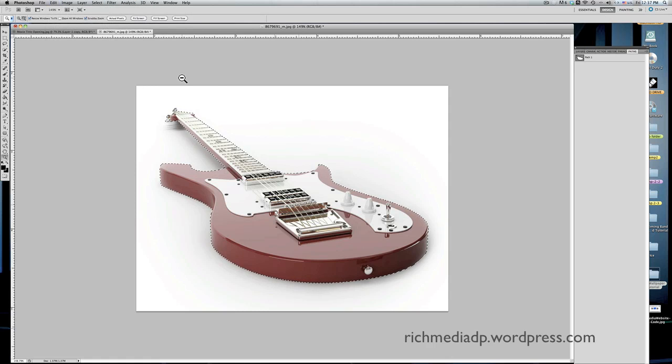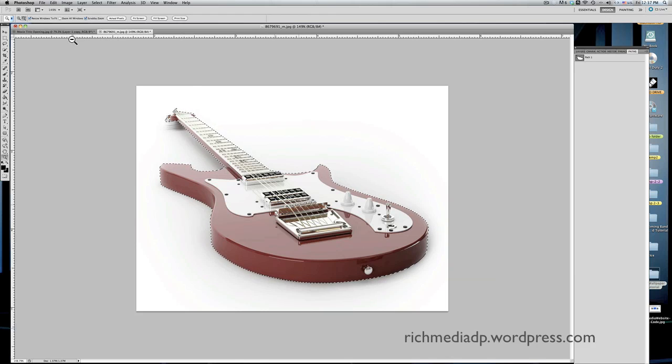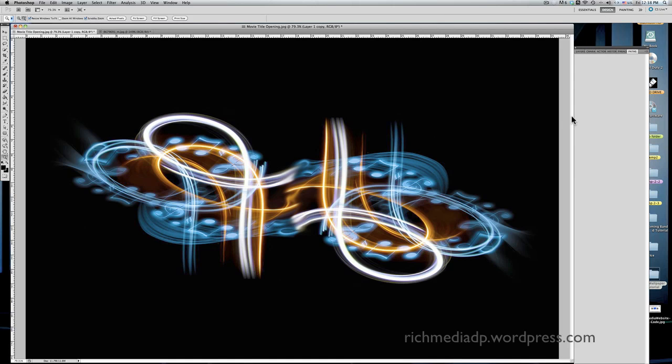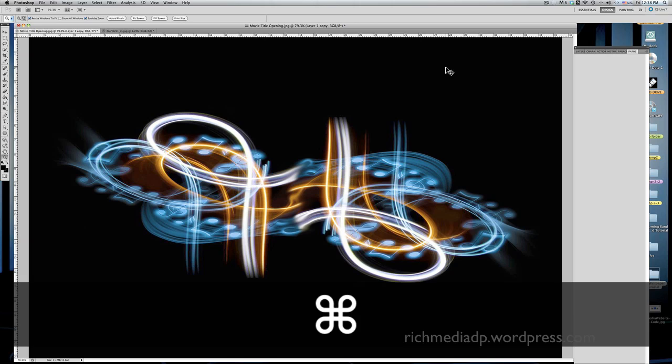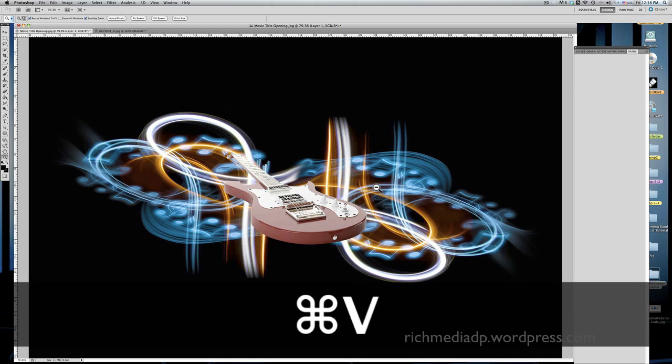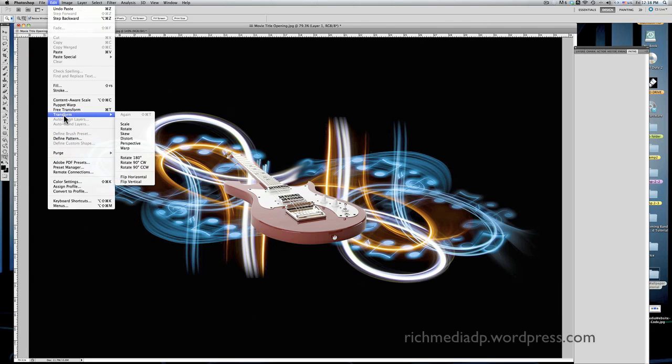Okay, now I'm going to press Command, and this is using a Mac, Command C, or copy, right? And then I'm going to go back to my general background of this wallpaper, and then I'm going to press Command V for paste, and see what happened. The guitar's in there. Okay, the guitar is too small, so now I'm going to go to Transform Scale, and